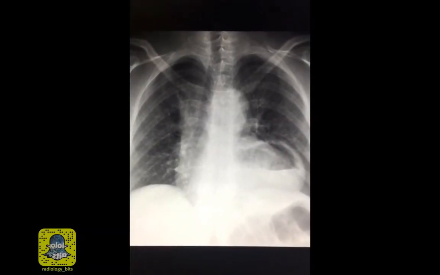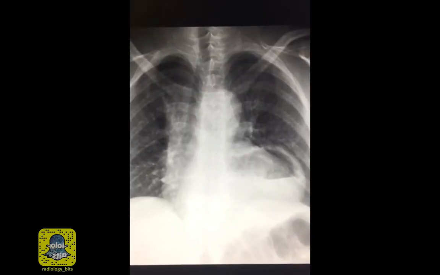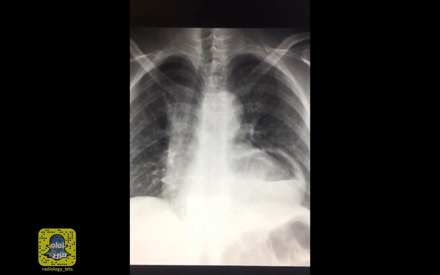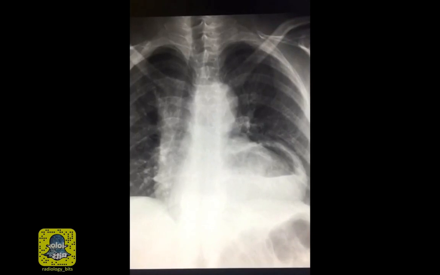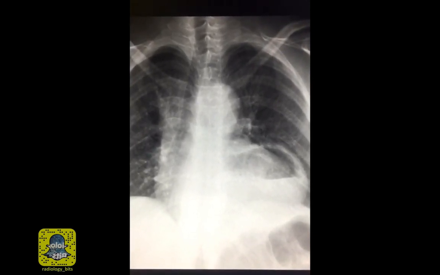Hello again. This is a chest x-ray on a 60-year-old female patient. The finding that we'll discuss today is a common finding in practice. Despite that, there are some concepts that are confusing. Both seniors and juniors alike sometimes struggle with understanding the concepts of this finding, and that's why we'll try to